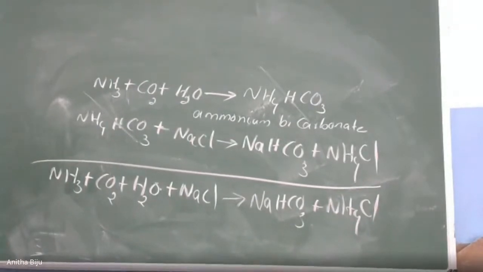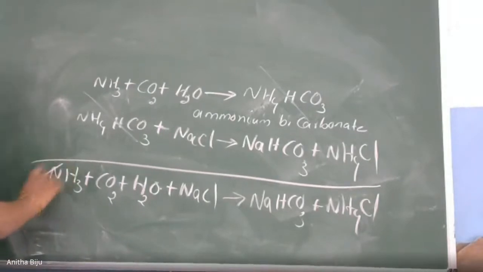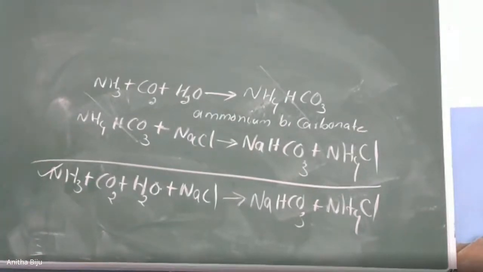If you know how to learn this equation directly without the help of these 2, most welcome, no harm. But those who are interested to learn in this way, because this is the basic of writing the reaction mechanism in the next year, 11th class, practicing with the same in 10th class is not harmful for you. Those who can understand these equations, then write an equation, most welcome. Those who could not do that, write this last equation. This is more than sufficient. NH3 plus CO2 plus H2O plus NaCl giving NaHCO3 and ammonium chloride.